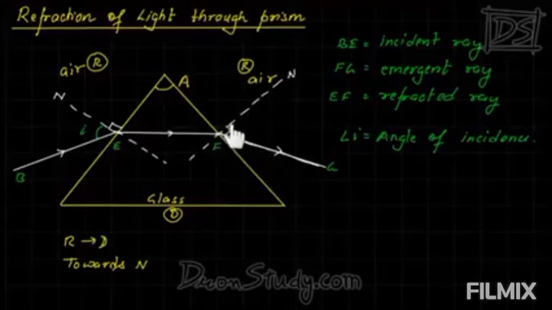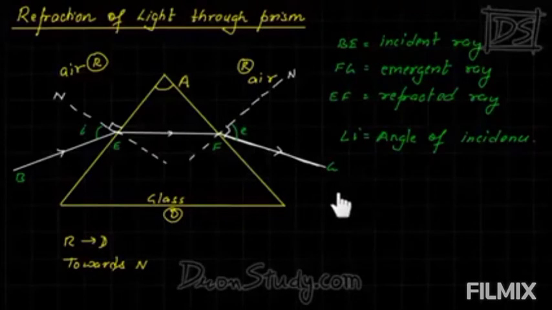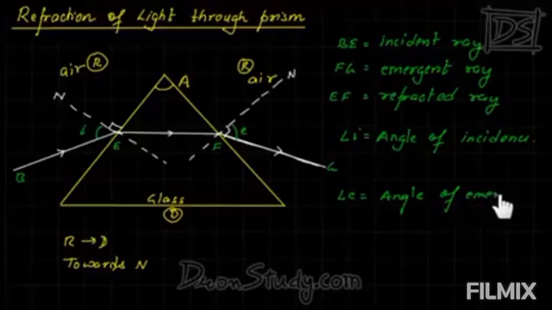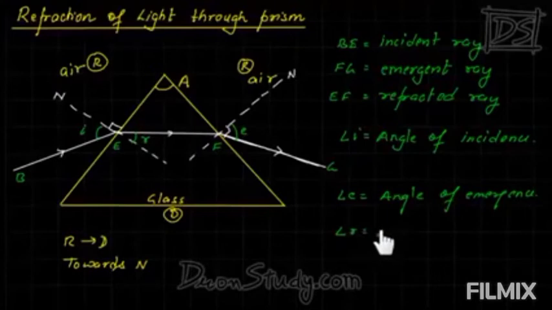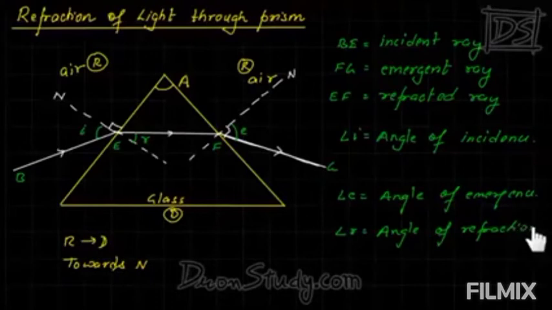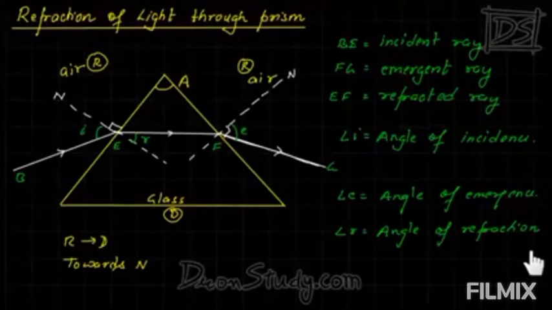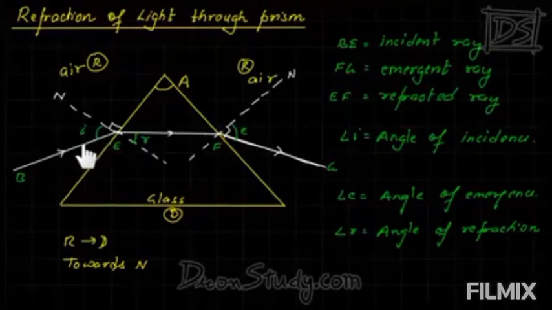Here you can see the angle between the emergent ray and the normal is known as the angle of emergence. And between the refracted ray and the normal, the angle R is known as the angle of refraction. So those are the various angles and light rays present in the refraction of